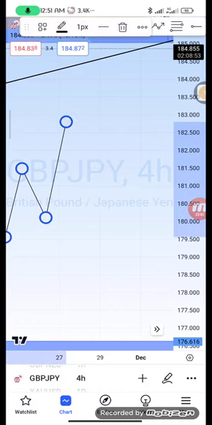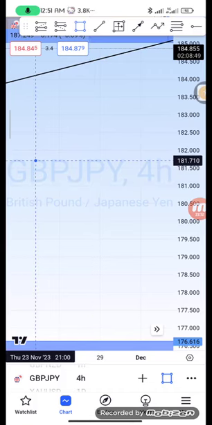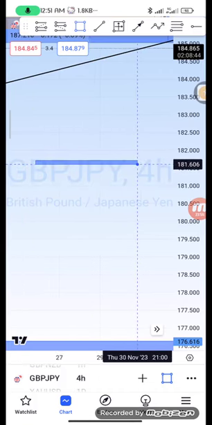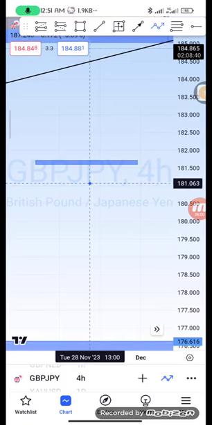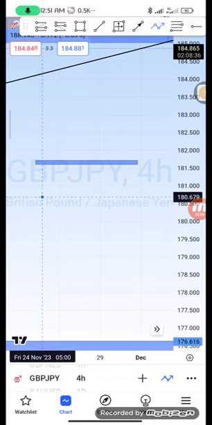This time around, I'm going to use a box as my zone, my support zone. Let's say we have a support zone here. This is a resistance. We have a resistance here, and the market moves from here. We are talking about buy stop limit. Buy stop limit, right? Now buy stop limit means